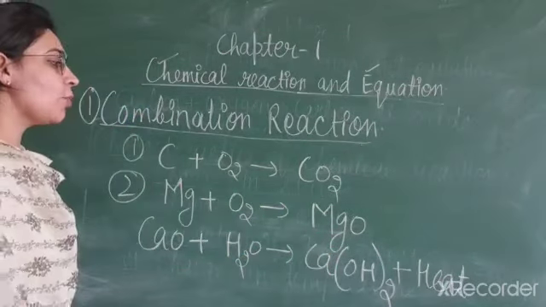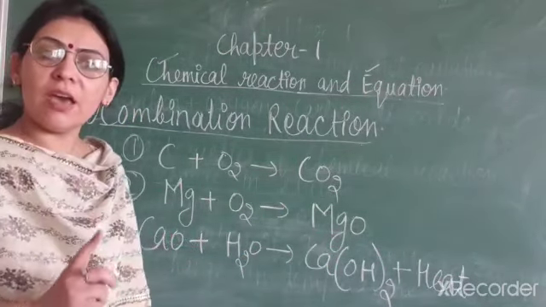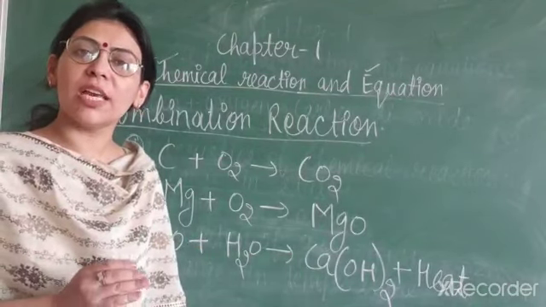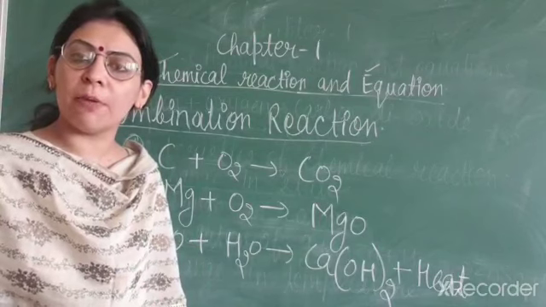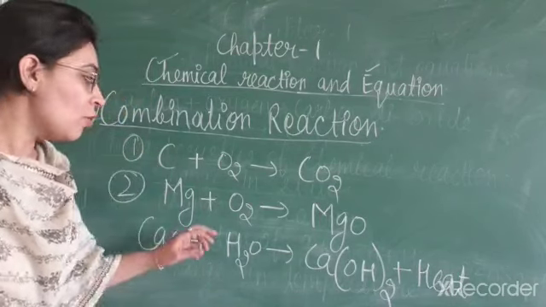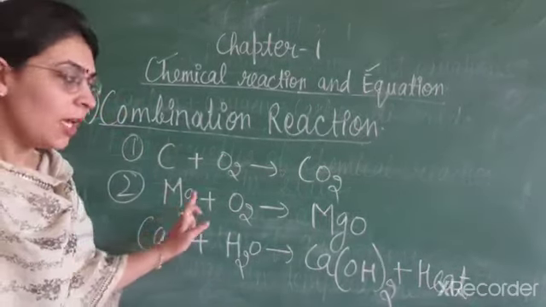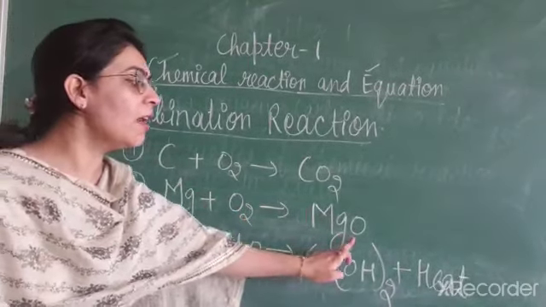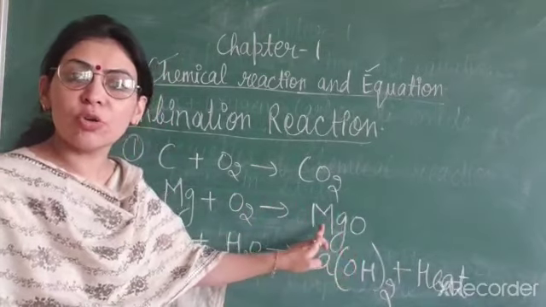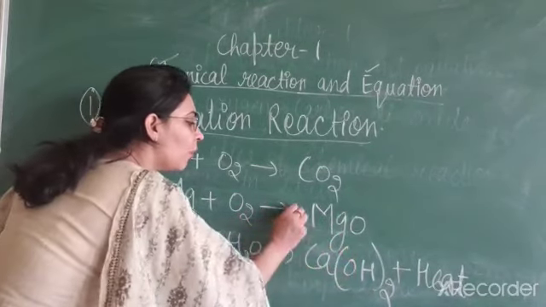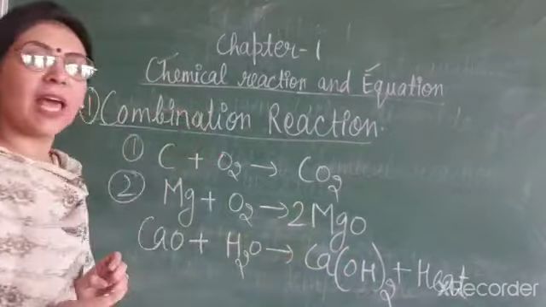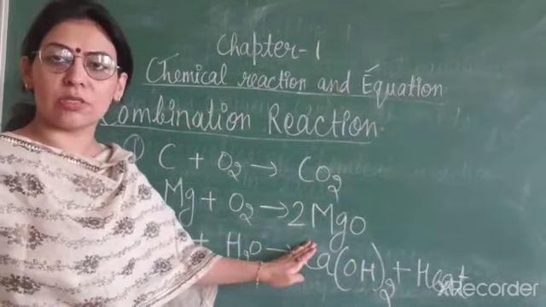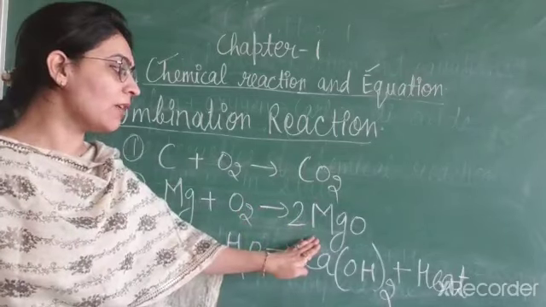This is not a balanced equation. You have to check that every equation should be balanced. That is, the number of atoms on the left side should be equal to the number of atoms on the right side. So here magnesium is 1, here also magnesium atoms are 1, here oxygen is 2, and here 1 oxygen is present. So to balance it, I will write here 2. Now the oxygen atoms are balanced. Oxygen के जो atom है दोनों तरफ balance है, left side also, right side also, reactant side also, and the product side also.